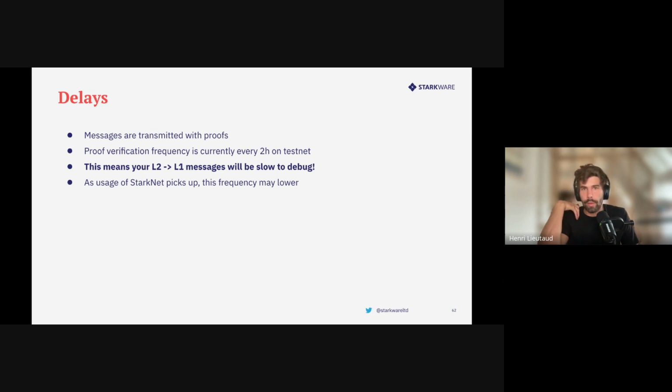Kind of like when you want to deposit USDC in a DeFi application, you will first authorize the contract on the USDC contract. And when you're trying to deposit, what the contract does is it goes to USDC and says, hey, am I allowed to do this? Yes. And then it does something. Here it's the same. When you want to trigger it, it will say, hey, did I receive a message from L2? Yes. Then I do my thing.